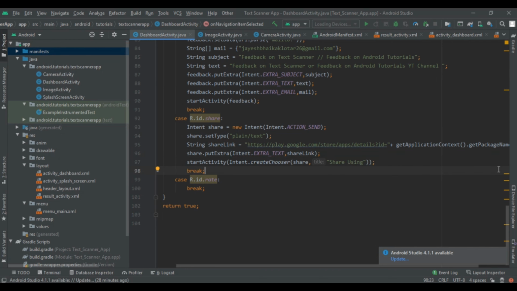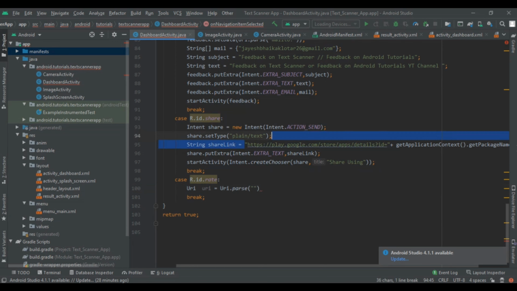Now it's time to implement the rate us functionality. So to apply that rate us functionality, we have to again create URI is equal to URI dot parse, and then pass this complete string.